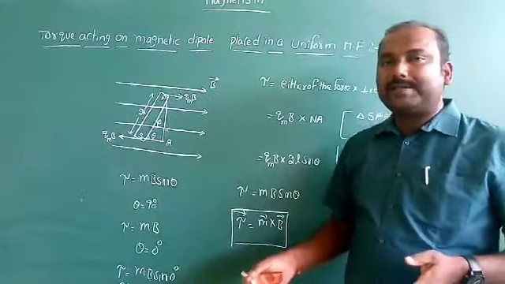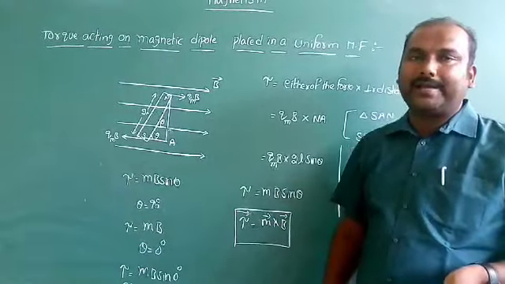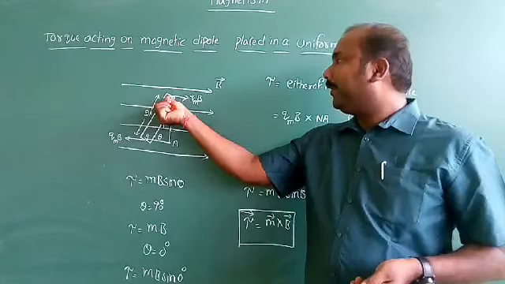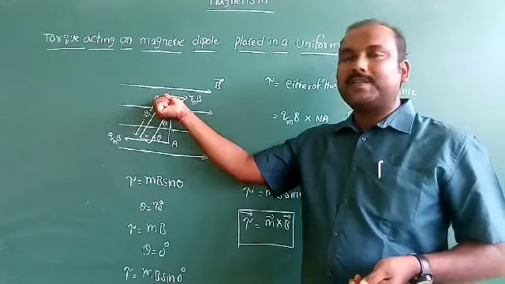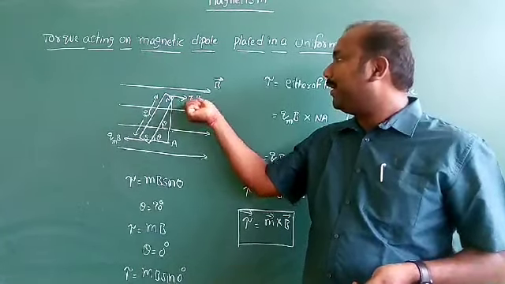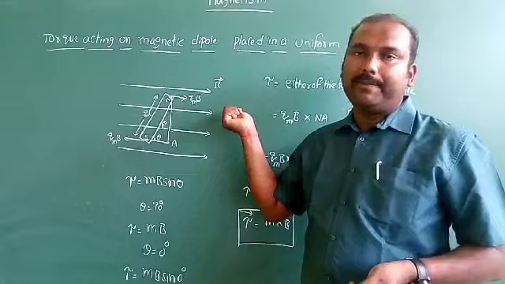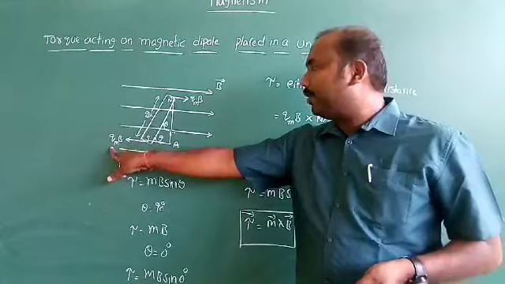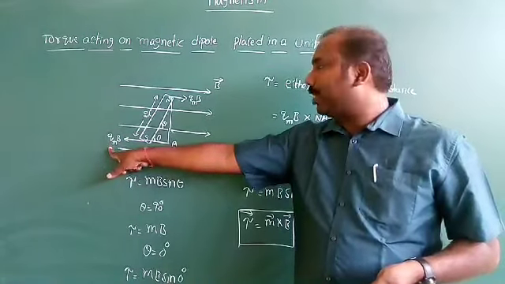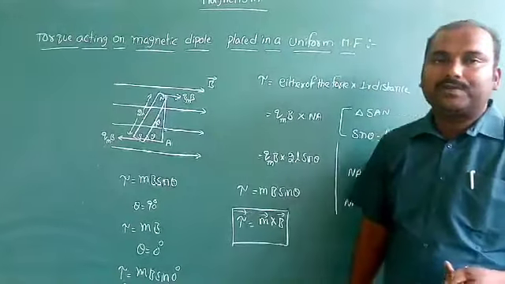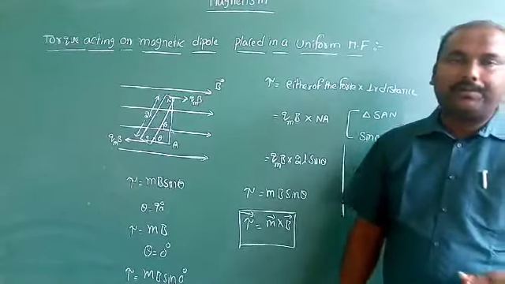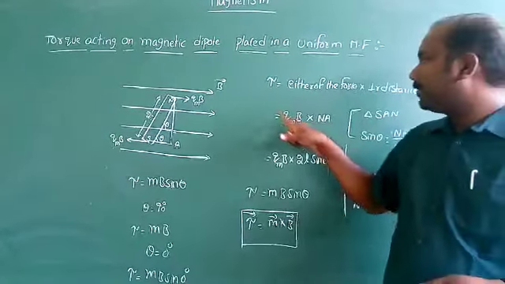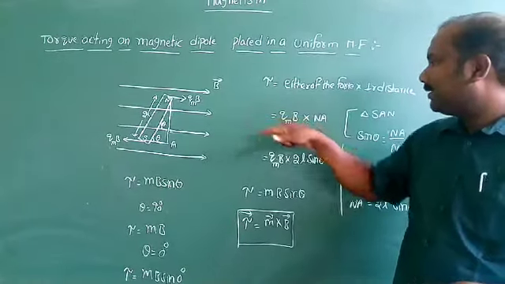Now, the bar magnet is nothing but a magnetic dipole. If the bar magnet is placed in a uniform magnetic field, definitely the north pole experiences a force. That force is given by Qm into B, acting in the direction of the applied magnetic field. Next, the force experienced by the south pole is given by Qm into B, which is acting opposite to the direction of the magnetic field. These two forces are equal and opposite. They constitute a couple. So couple tau is equal to either of the force into perpendicular distance. Either of the force means Qm into B. Perpendicular distance is given by NA.